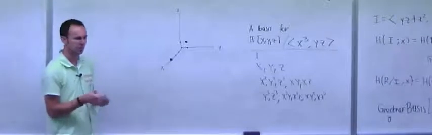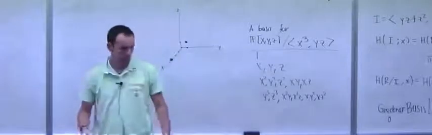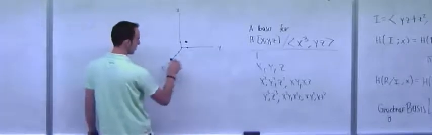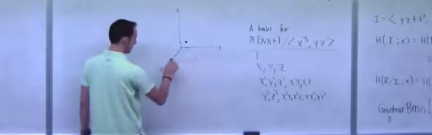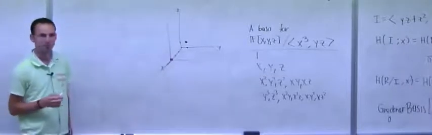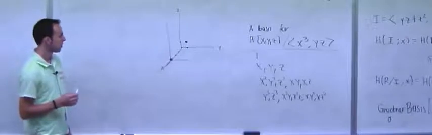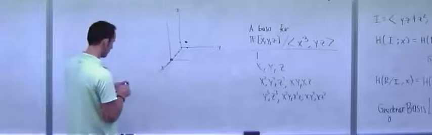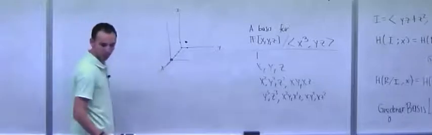So what are the multiples of x cubed? This is going to be a challenge to draw, but I'm going to try anyway. The multiples of x cubed are basically the things that live above x cubed, right? So it's all this stuff that lives from x cubed forward. And what are the multiples of yz? These are the things that, starting at yz,